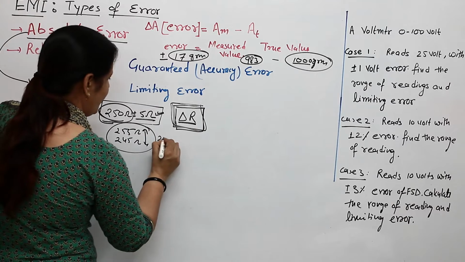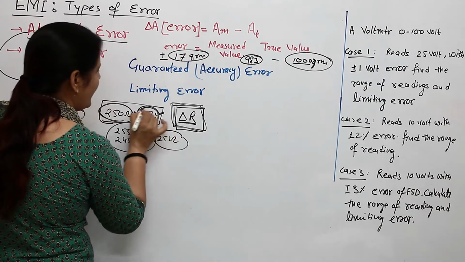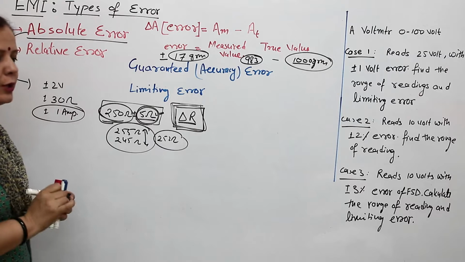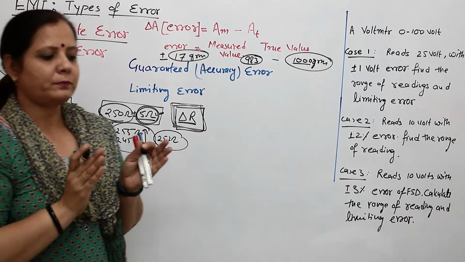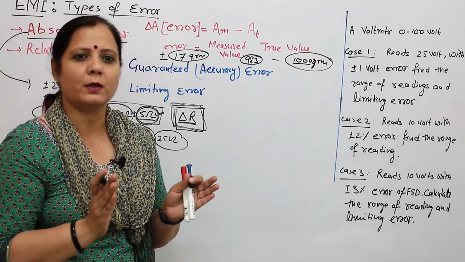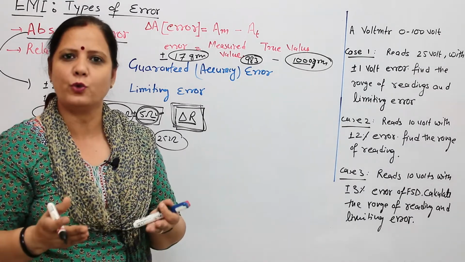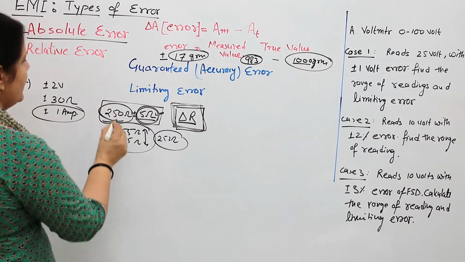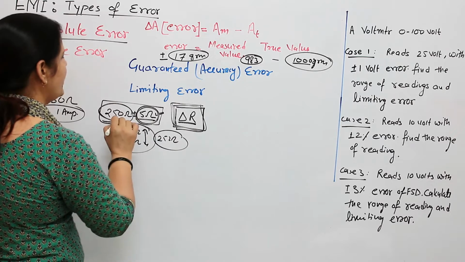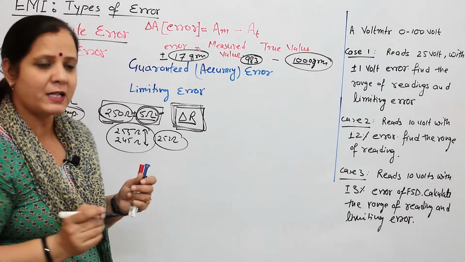This can be anywhere in this range. This can be 252 ohm also. This is the possible range of error. Absolute error is the possible deviation from the reference value. The reference value can be the measured value or the true value. It can be that a 250 ohm true value is measured with an instrument that has a deflection or deviation of plus minus 5 ohm.